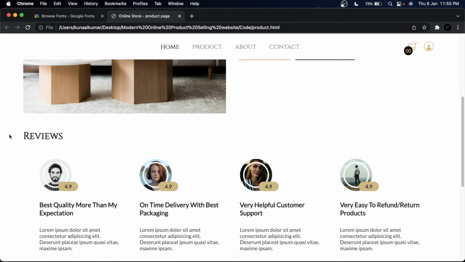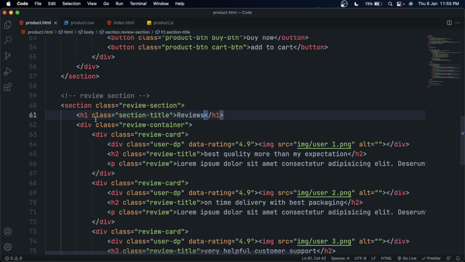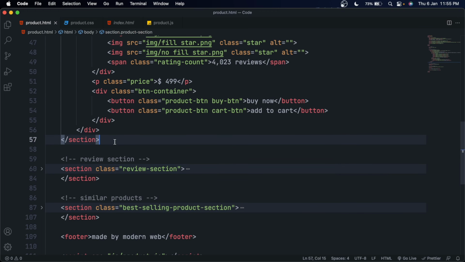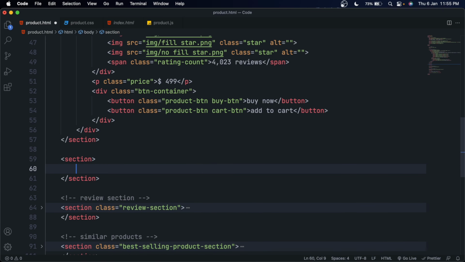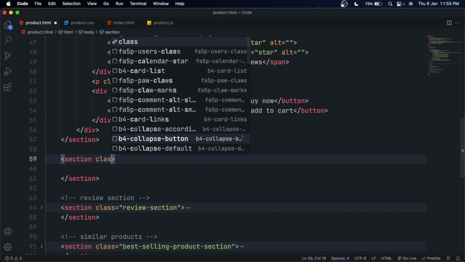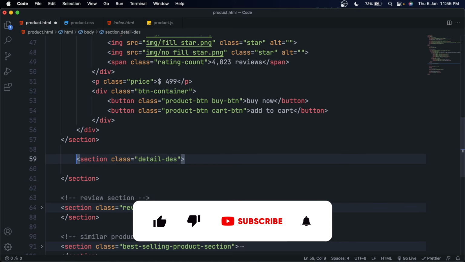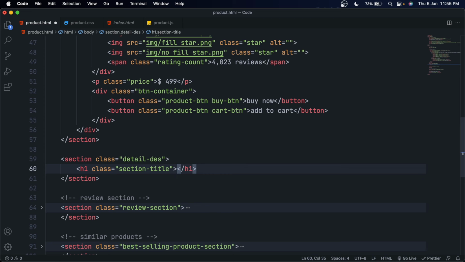Are we? So let's make the detailed description section, which will be below the product detail section. So make a section element here between the review section and the product detail element. Make a section element and give it a class detailed description. Inside it, make an h1 element, give it a class section title, and let's say details,